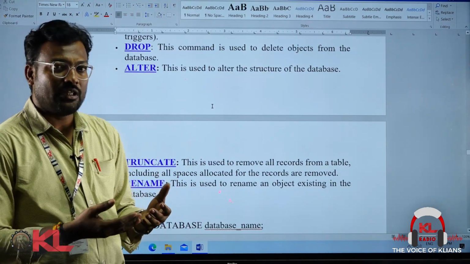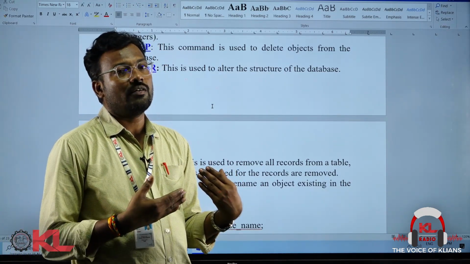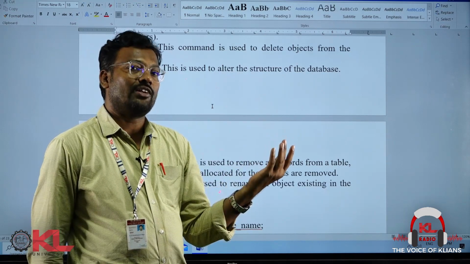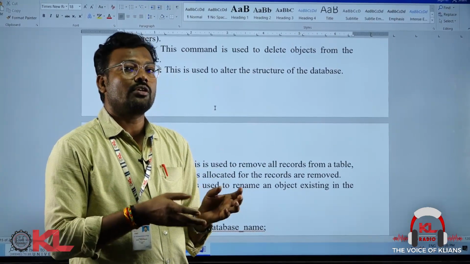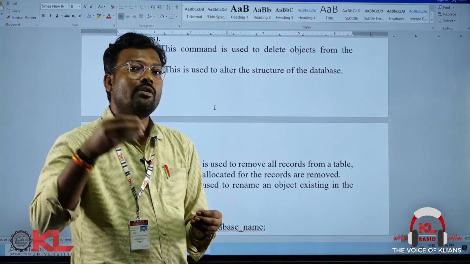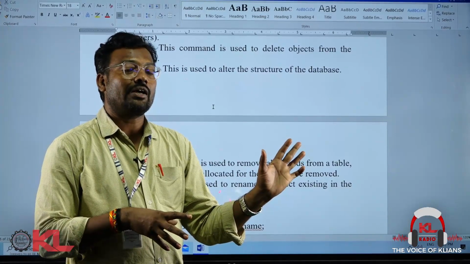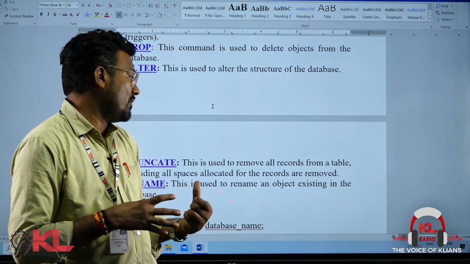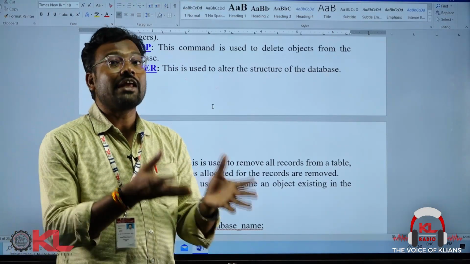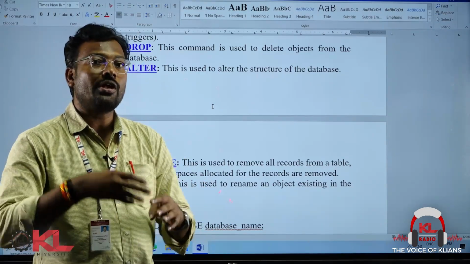Rename is what we see especially in files. Rename old file name, new file name, so that from now onwards the old file name will be treated as the new file name. That is in the case of a file organization, file management system. Now, we are in a relational database. In a database management system, we have tables and we have database names. Those names you can change